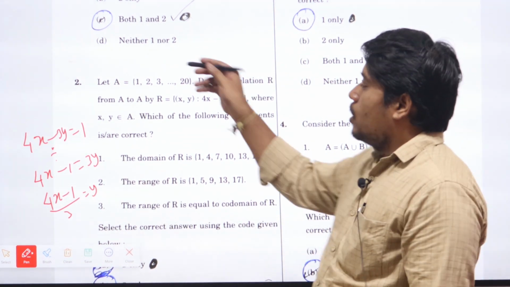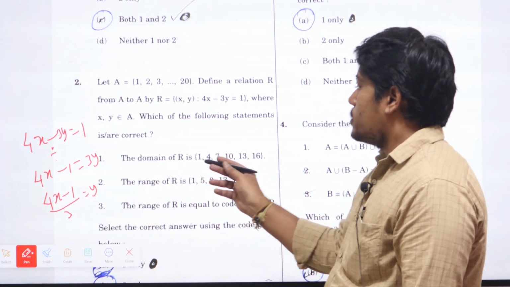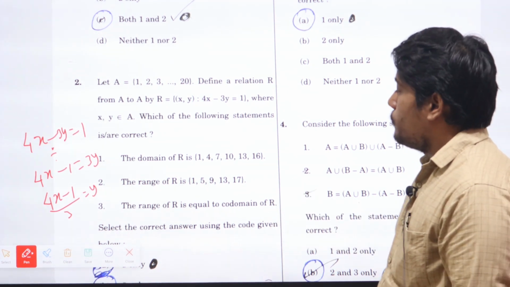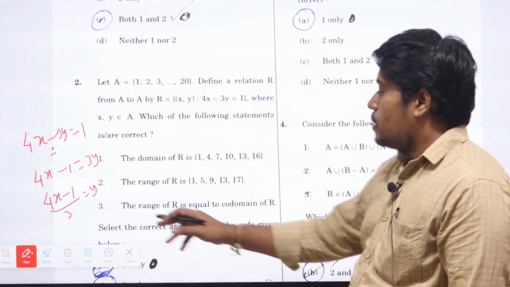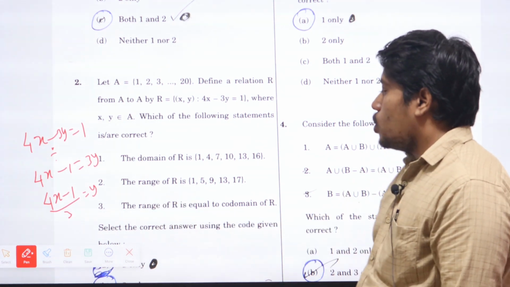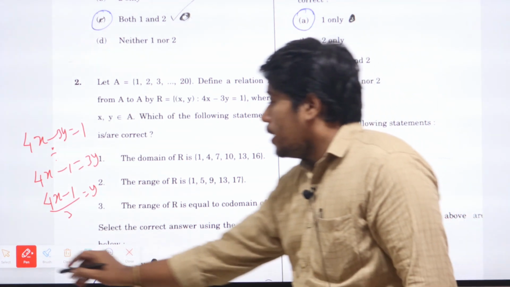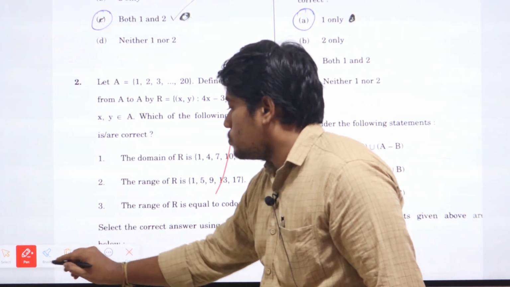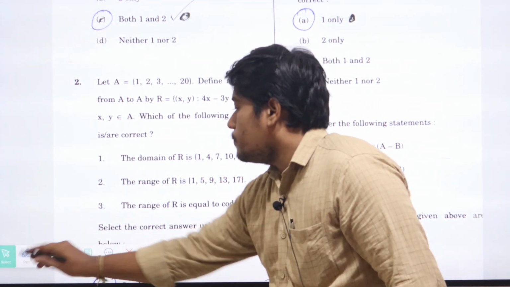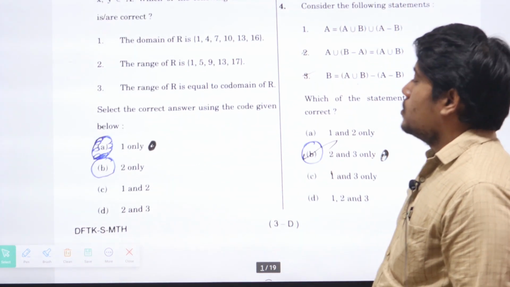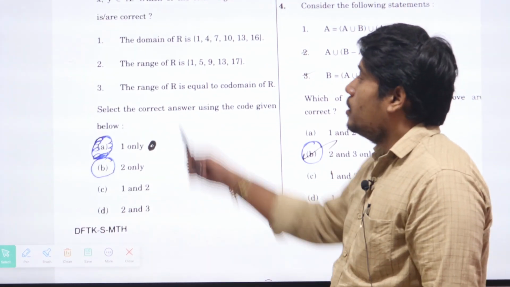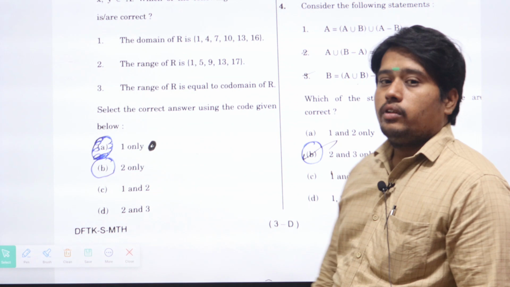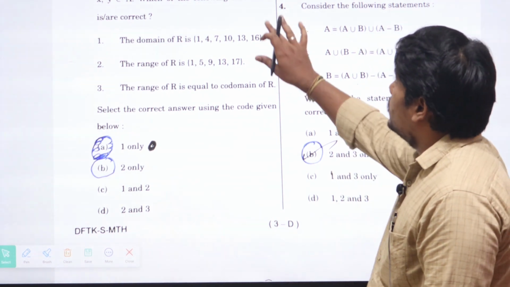So substitute the values one by one. So the domain is 1, 4, 7, 10, 13, 16, and the range is 1, 5, 9, 13, 17. And option 3 says the range of R is equal to the codomain of R. So the range of R is 1, 5, 9, 13 and 17. Okay, so next we will go for